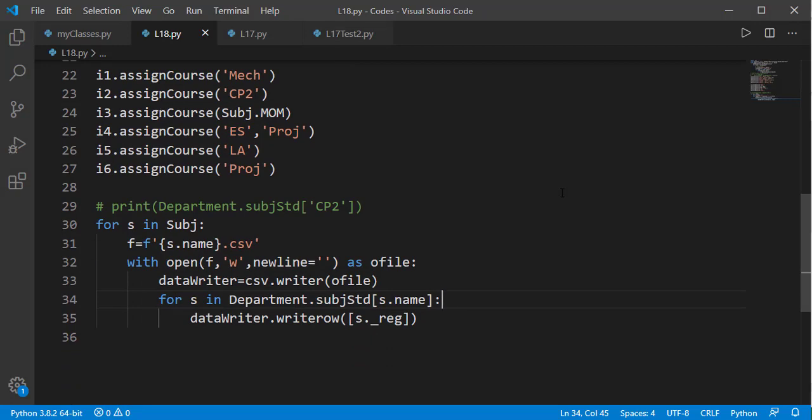Now let's also set the group members of each student. We can do it by using the create groups method of the department class, and then we can create another CSV file to write details of group members.